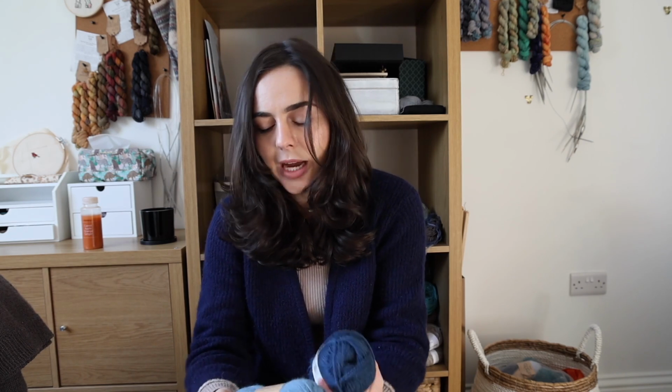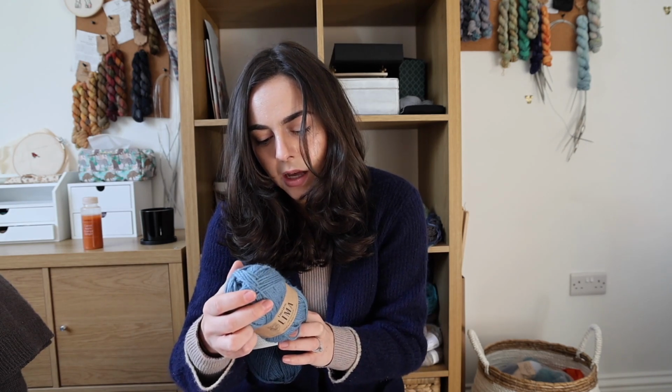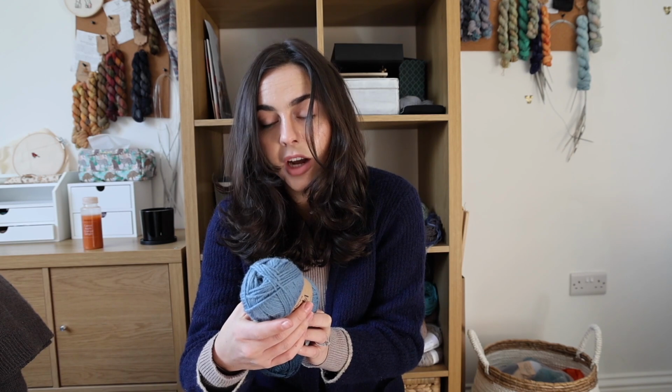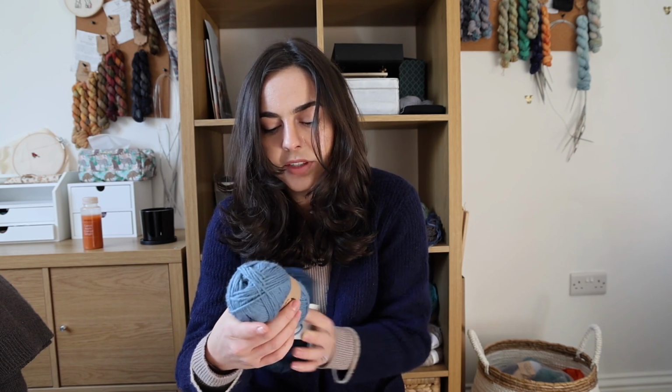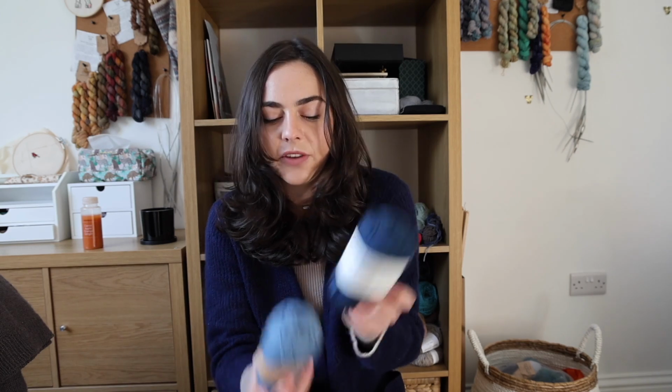I use Drops Lima very often. I think it's a great substitute for Sanne's garn Peer Gynt. I do have some Peer Gynt in my stash, so I will compare them for you now because I've mentioned this before. So Drops Lima is 100 meters and 109 yards per 50 grams. And Peer Gynt is 91 meters. So Peer Gynt is a much heavier yarn and you don't get as much per 50 gram ball,